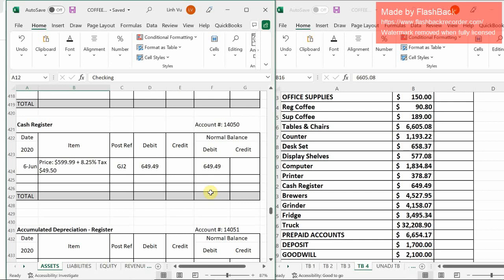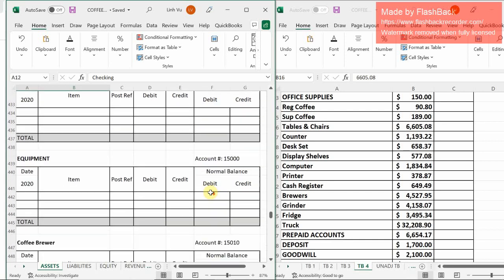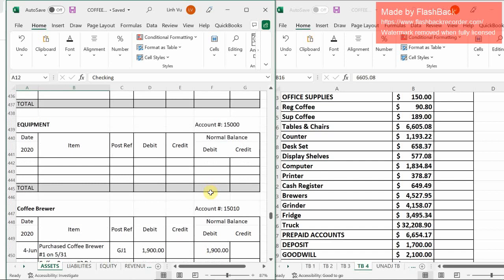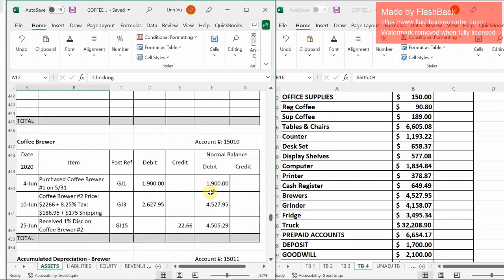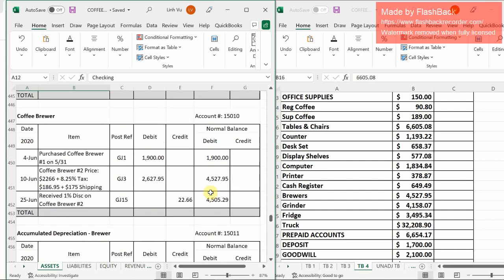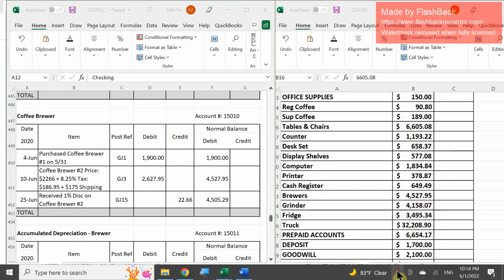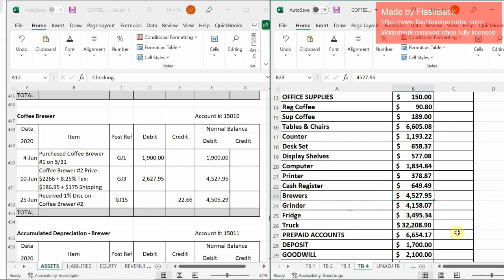Okay, and that's it for that one. Okay. So the next account that I have is equipment, which is going to be my brewers. In this case, I did have a change in my brewers, right? Because I made a payment which discounted my coffee brewer. It discounted my coffee brewer and changed my amount to become